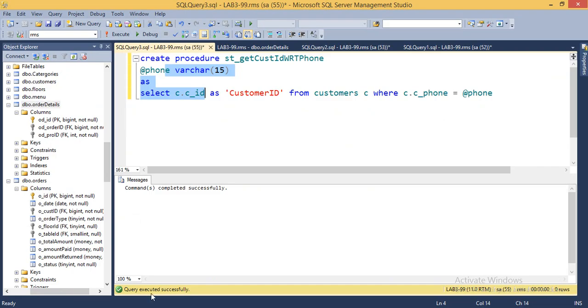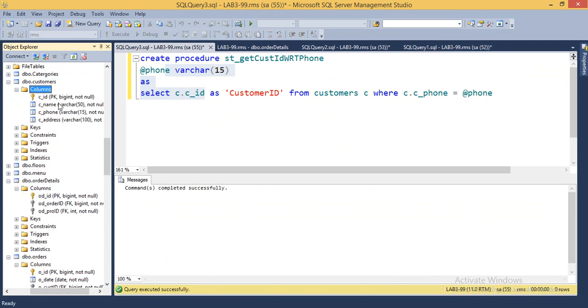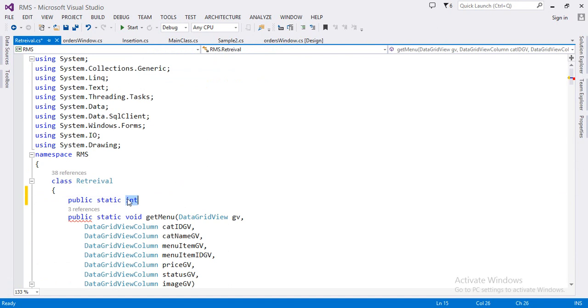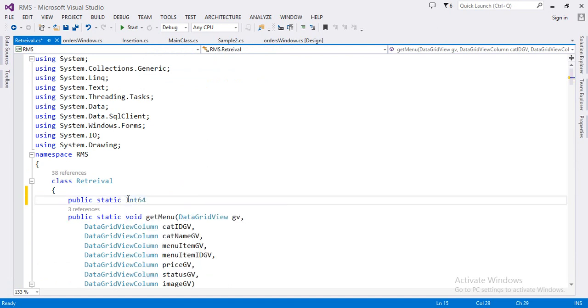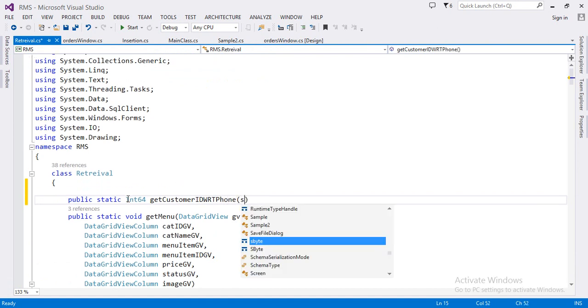Is that integer customer ID? The customer ID is big integer, so right here integer 64, and then get customer ID with respect to phone, and then you have to specify the phone number inside this,